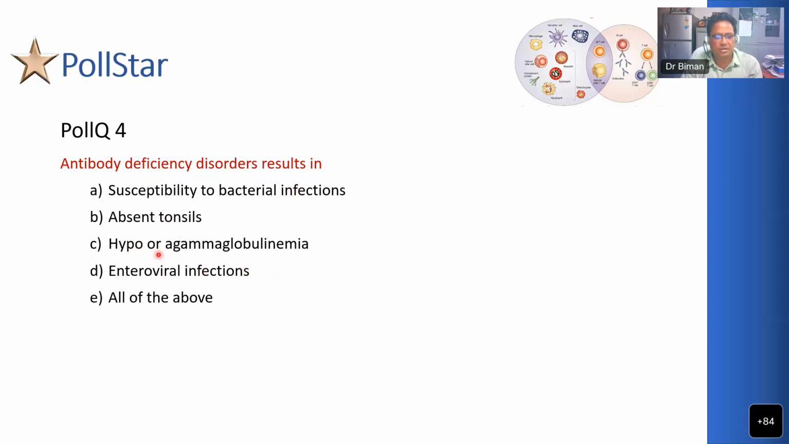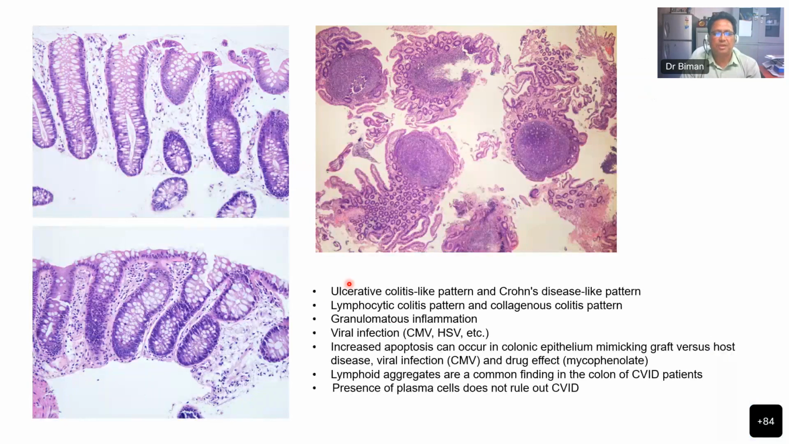So all these are true for antibody deficiency disorders. Okay? And if you do a biopsy in a CVID patient, they can have absence of plasma cells. It is a very important clue in a typical clinical setting. If you do need to do a biopsy of the gut and you don't see any plasma cells, so